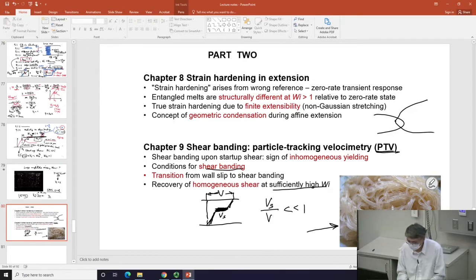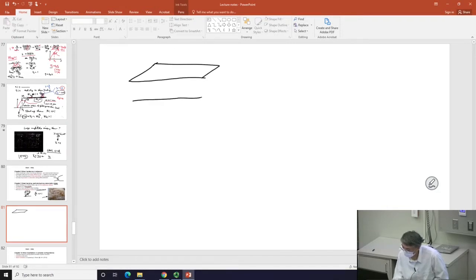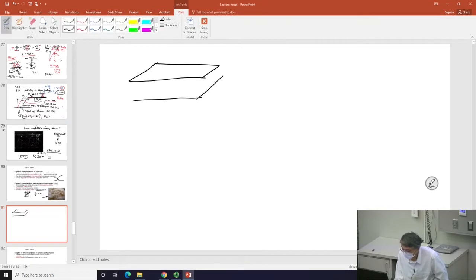So the real story is it doesn't matter what you do. Of course, right now we are doing shear, so you have a sample like this, where as you appreciate, the relevant thing to speak about is watching what's going on at different layers. As I said, this is a millimeter. So they are really about,